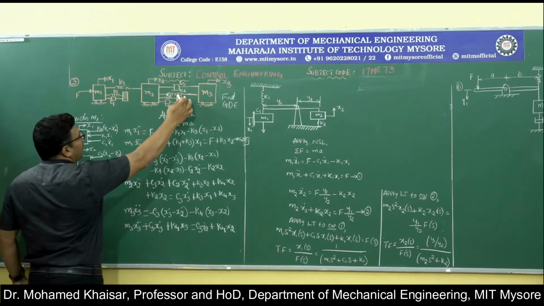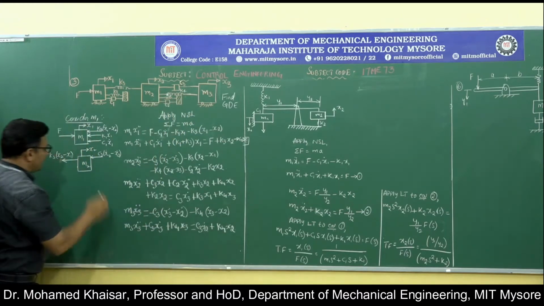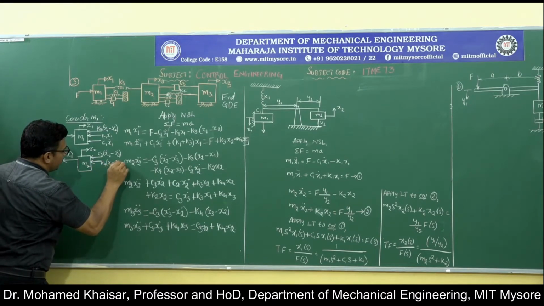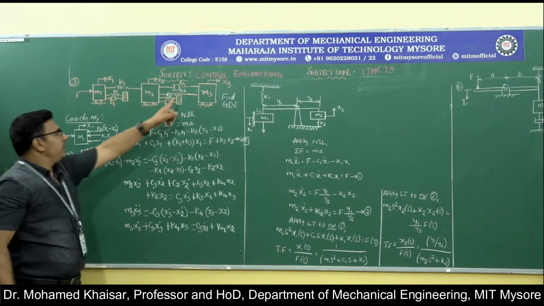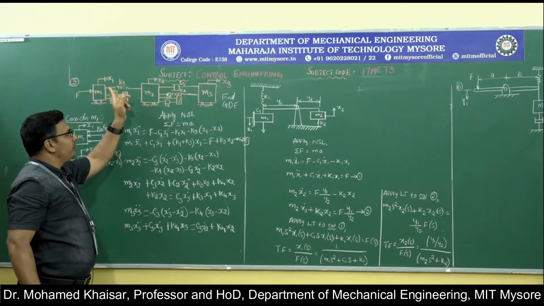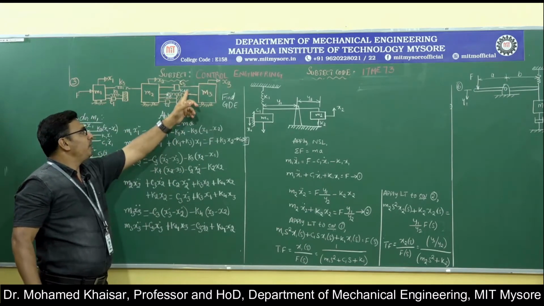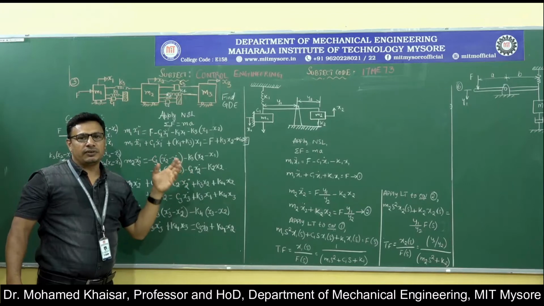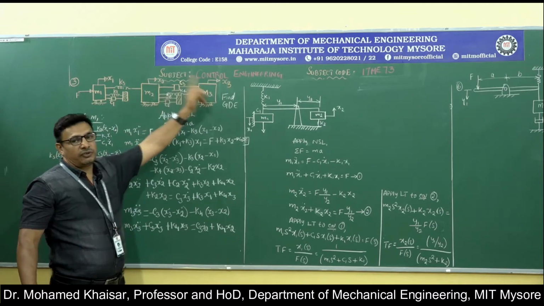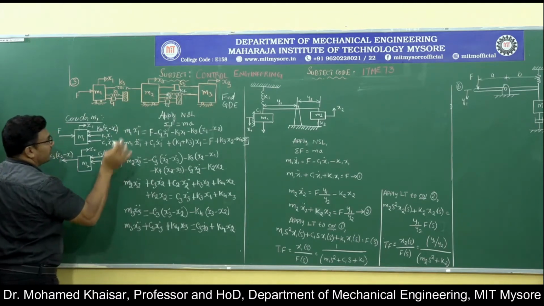Then what is the resisting force offered by the spring? Since K4 is connected to both m2 as well as m3, it is going to offer a resisting force of K4 into (x2 minus x3), because it will try to offer a resisting force of K4 into x2 in a direction opposite to the displacement. When it does that, m3 will try to pull it back by a force K4 into x3. Therefore, the effective resistance offered by the spring of stiffness K4 is K4 into (x2 minus x3). That is what I have written here.